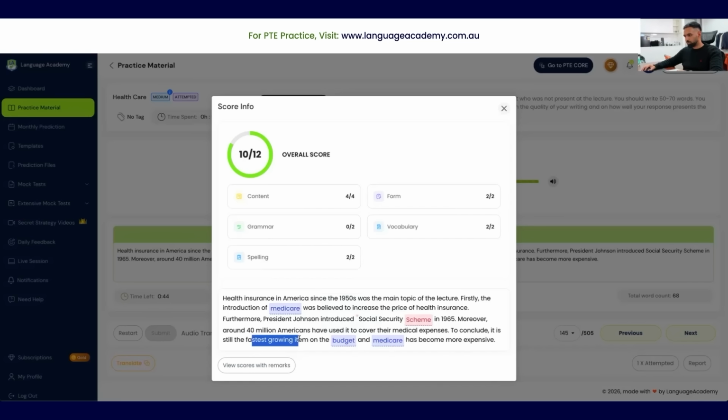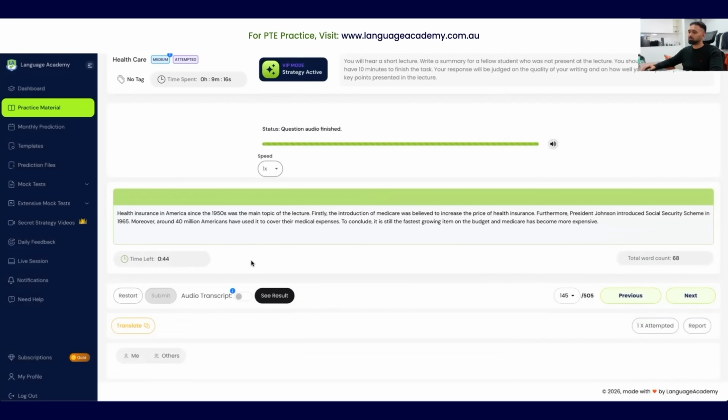After, because I added this sentence at the end, if you remember, this is a separate, different clause. When you use "and" to connect two different items or clauses, you have to add a comma over here. And it was not Scheme, it was Act. So our system has even figured that out, and there should be an article over here. So these are the things you need to be careful about.